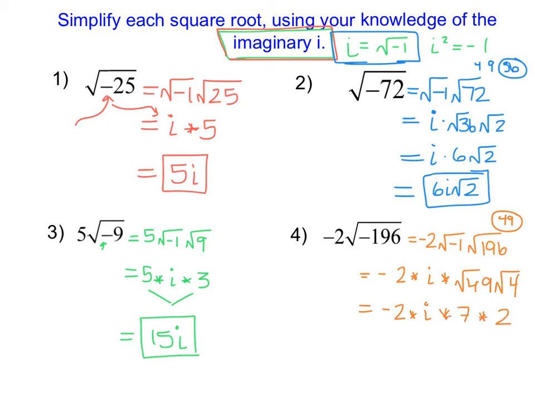4, which is 2. So what that tells me is that if I had square rooted 196, that's actually a perfect square. I just didn't know it at the time. And then if I multiply the -2, the 7, and the 2, I get -28i. So this process of simplifying square roots that have a negative underneath is exactly the same, except this time around we're going to have an imaginary i as a part of it that represents the square root of